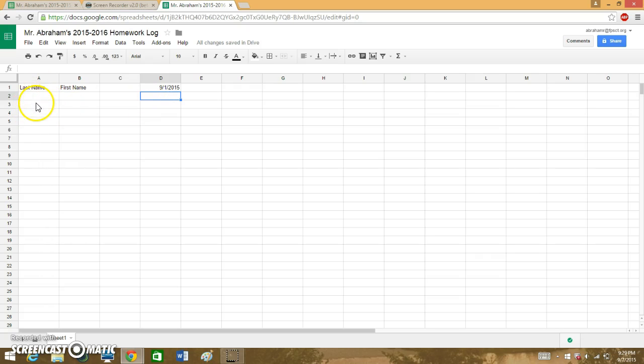And I'll use the columns, column A and column B, to put the students' names. So I'll put some students' names here. Okay, so those are my students, and say my first assignment was if they brought their summer reading log,